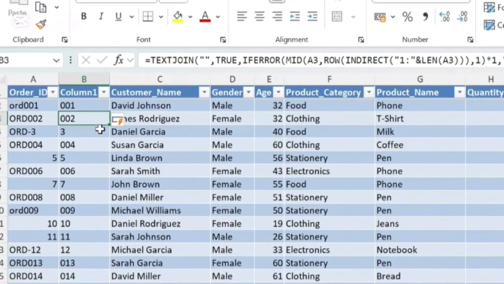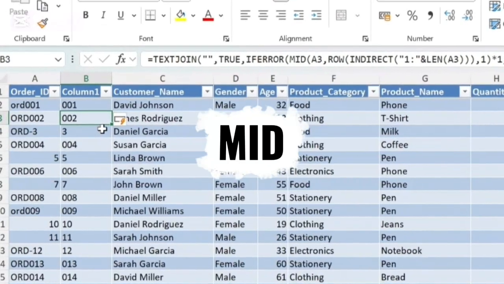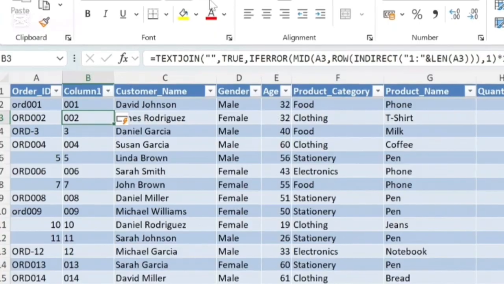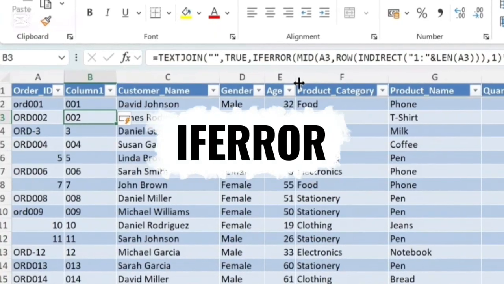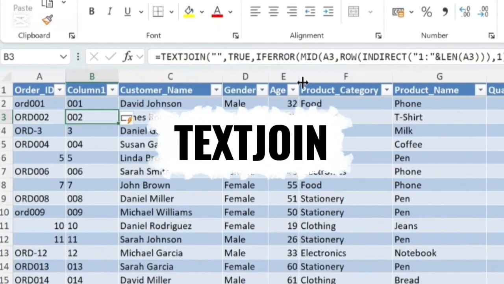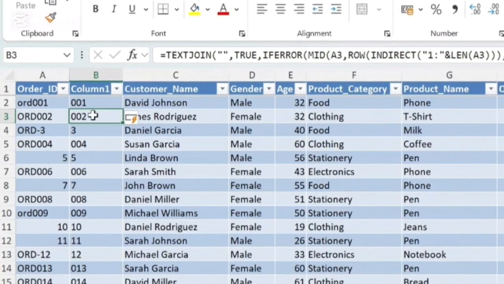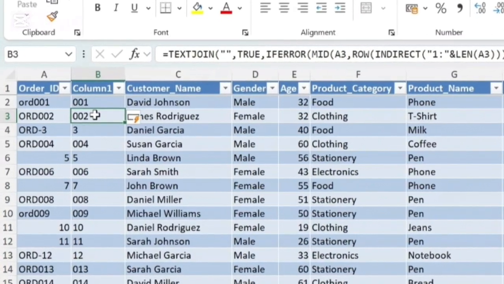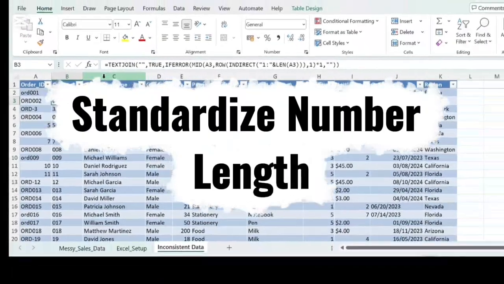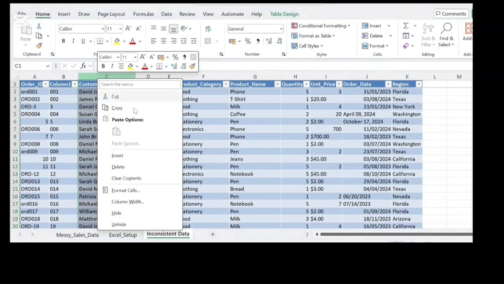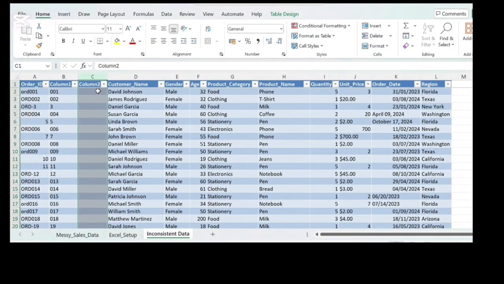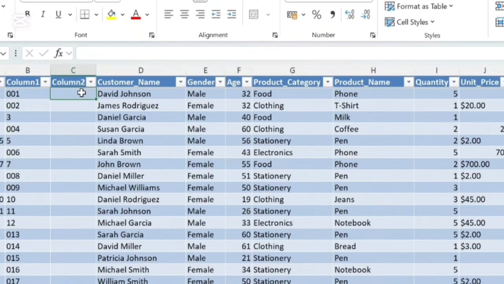So for me, it extracts characters one by one. If error ignores non-numeric characters and text join combines extracted numbers together. So once we have extracted numbers only, now we are going to standardize number length and we are going to use this formula. So we are going to insert another column and use this formula equals